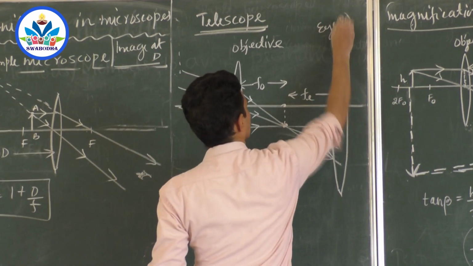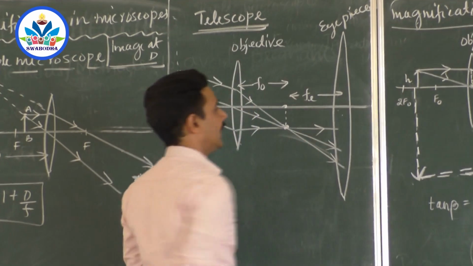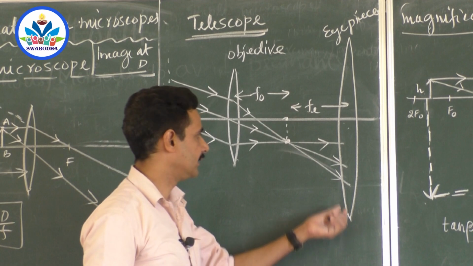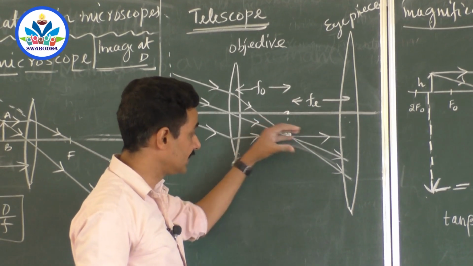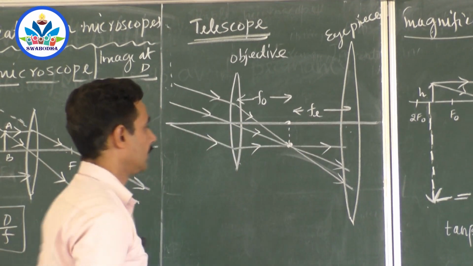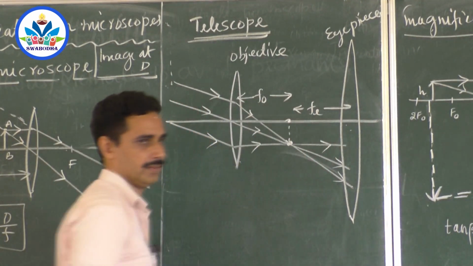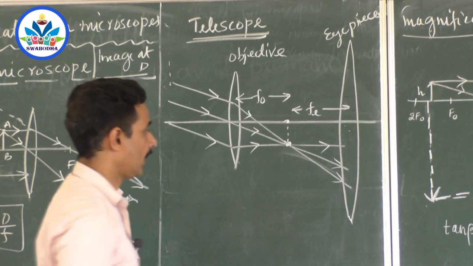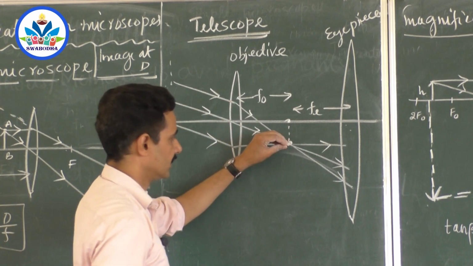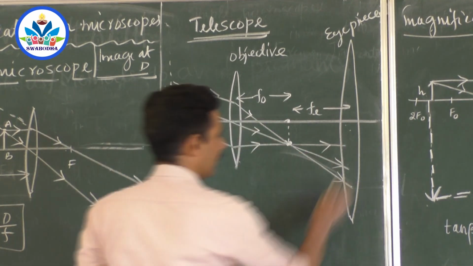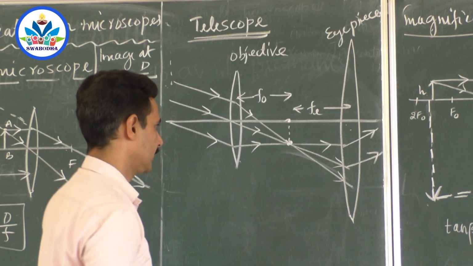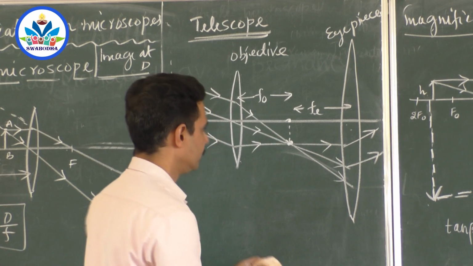This is the eyepiece. So the eyepiece lens is placed in such a way that the point from which these rays are diverging acts like the focus for this one also. Now the total tube length is f0 plus fe, that you can follow. Now how is the image formed? If parallel rays are incident on a convex lens, they meet at the focus. If the rays start from the focus, they become parallel, like this. We must have drawn a correct diagram now.